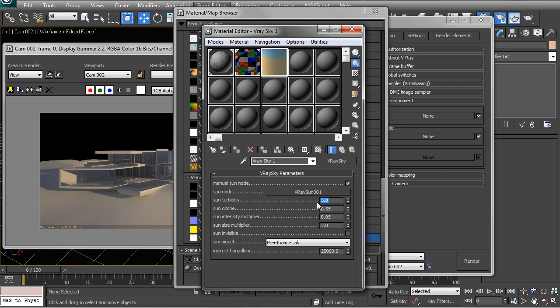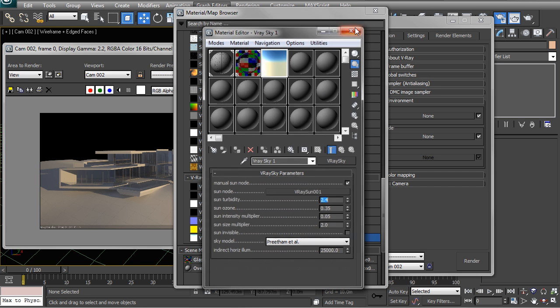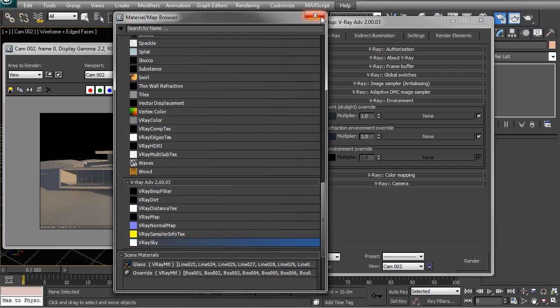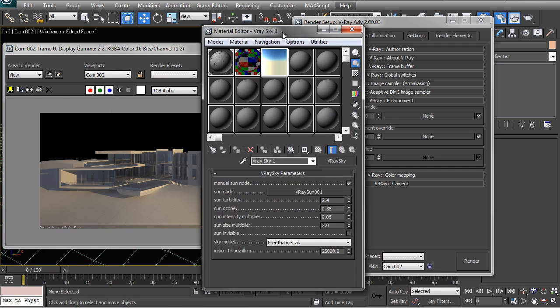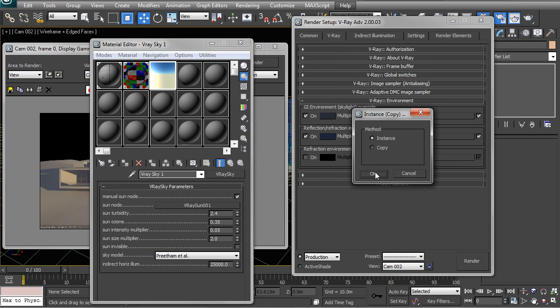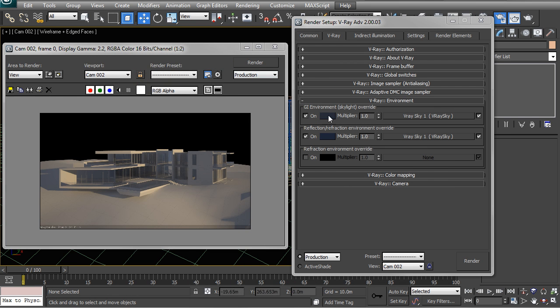And generally that can be around 5 or so, 5, 6 if you want a very sort of a misty or a denser sunset, or you could have it around 2 if you want a much sharper blue and white color. So you can just have a look at those figures. 2.4 generally is an okay figure. Next we can take that slot and we can drag it into our 2 environment slots. So again, I'm just going to pause the video and we're going to come back to the